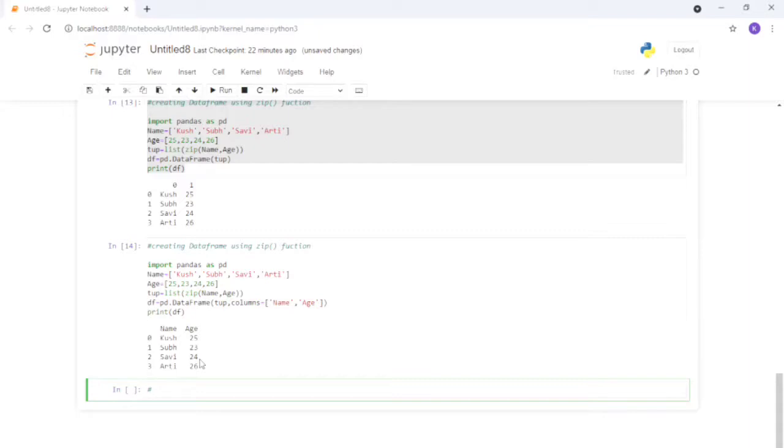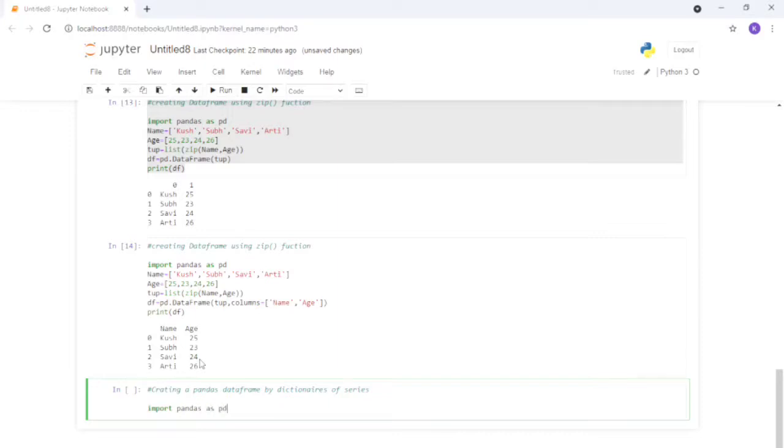Now we have to move forward to the next way. It is basically creating a pandas data frame from a dictionary of series. So here what we have to do is again import pandas as pd.